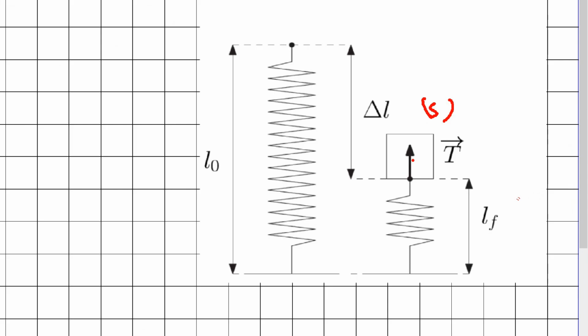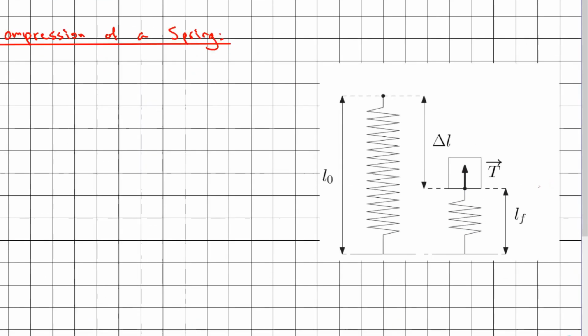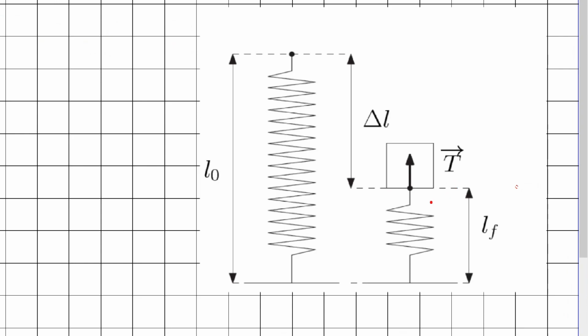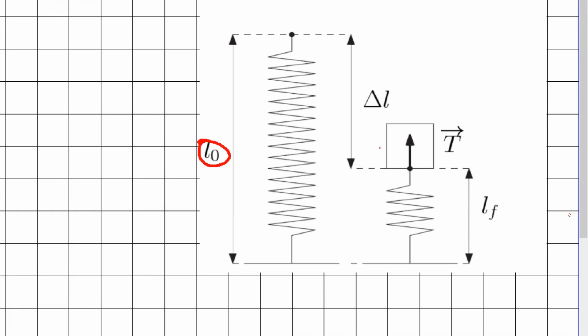We know that one of the forces acting on the solid is the weight which is acting vertically downward like this, and here you need to be careful about the direction of the tension and the line of action. The line of action will always be along the spring, something like this, but in this case recall that the tension always tries to oppose the effect of the weight which is vertically downward. For this case the tension is vertically upward. And here, this is the initial length L0. After we have placed the solid S, the spring compresses to a final length which is given by LF, and here